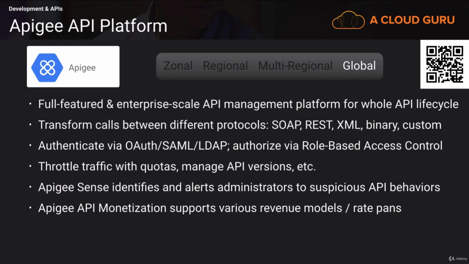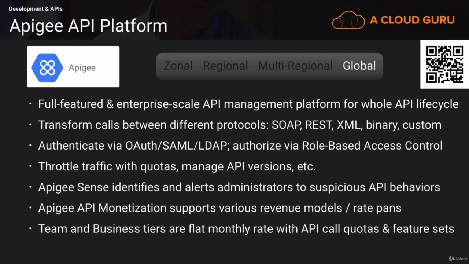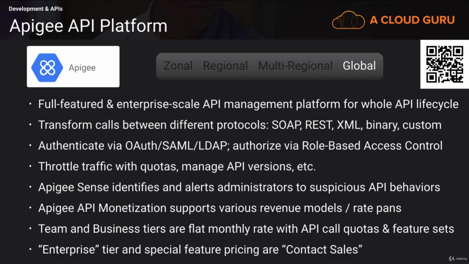models and rate plans. Now, in terms of pricing, the Apigee API platform is not really like most GCP services. While they have team and business tiers that are flat monthly rate with API call quotas and feature sets, they also have an enterprise tier and special feature pricing that all says contact sales. You may have heard the phrase, if you have to ask how much it costs, then you probably can't afford